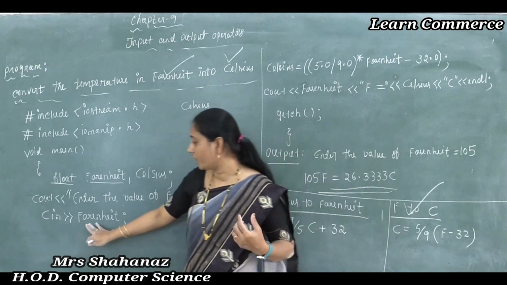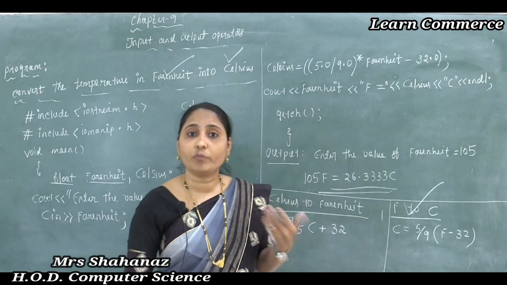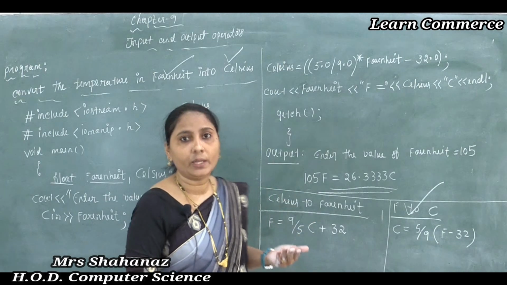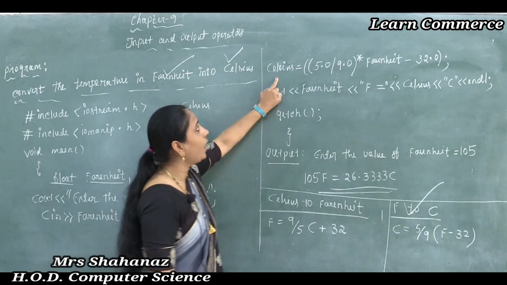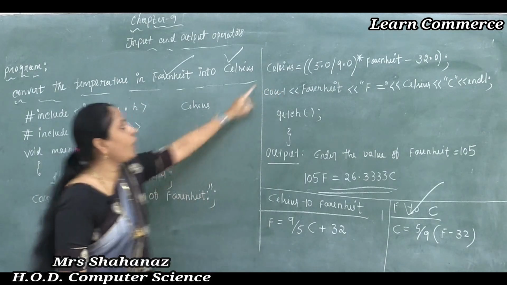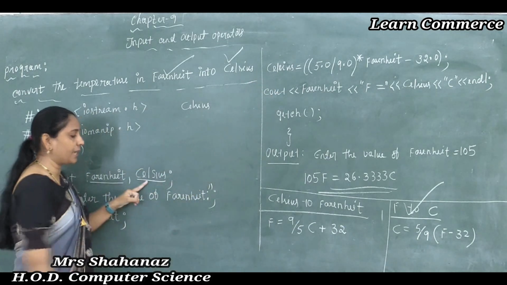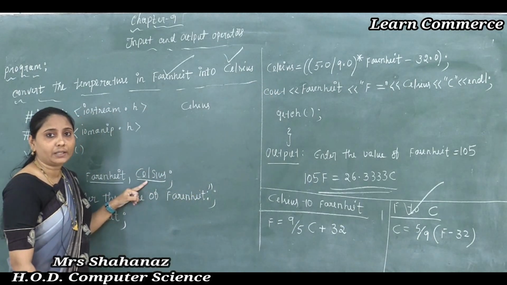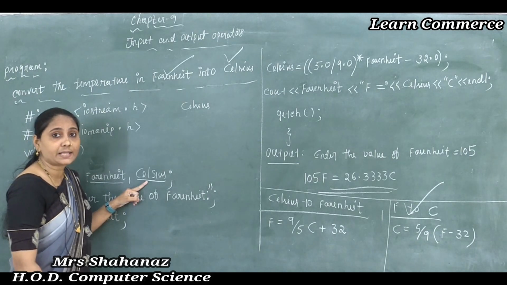So here we have already given some value into the Fahrenheit, maybe the value is 105. Okay, I added it to the variable Fahrenheit here. So now I am using the formula. Now how do I write Celsius? As we know, the Celsius variable I completed while declaring the variable Celsius. CELSIUS here.